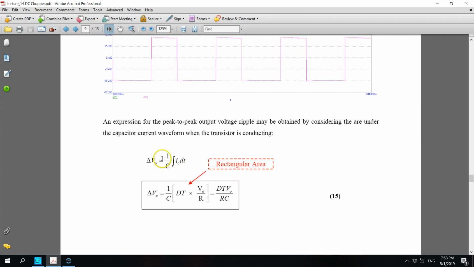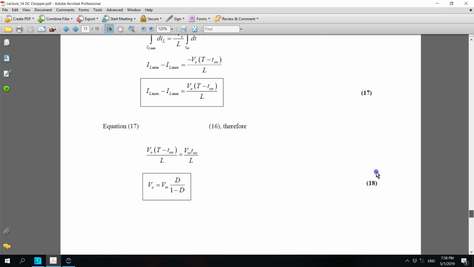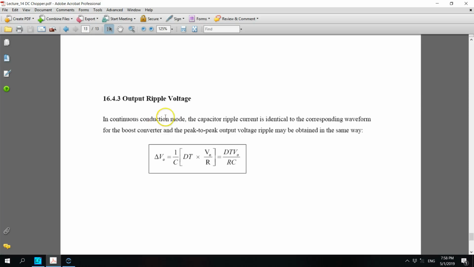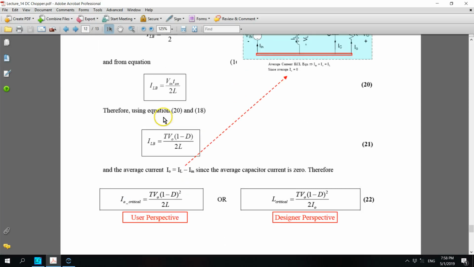So therefore, the output voltage ripple equation is similar to the boost converter, whereby delta V0 equals dt V0 over RC. So that will be the last subtopic for the DC-DC converter. Very similar. So we have D, the duty ratio, multiplied by the period T, multiplied by V0 divided by RC. Okay, so it's very straightforward, but again and again I would like you to fill in the gaps